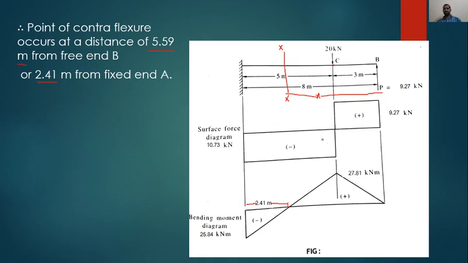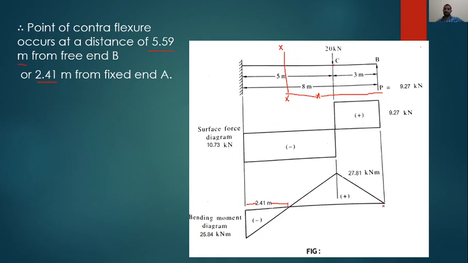Now we know every value of shear force at various points as well as bending moment at various points. With this we can draw the shear force diagram. Yes, it is something like this: a prop reaction of 9.27, and from B to C there is no load, therefore constant, and exactly at this point a sudden drop of 20. So plus 9.27 minus 20 will give you minus 10.73, and in between A and C we have no load, therefore constant, and exactly at A we have a vertical reaction of 10.73 upwards, and finally we reach 0. This is the shear force diagram.